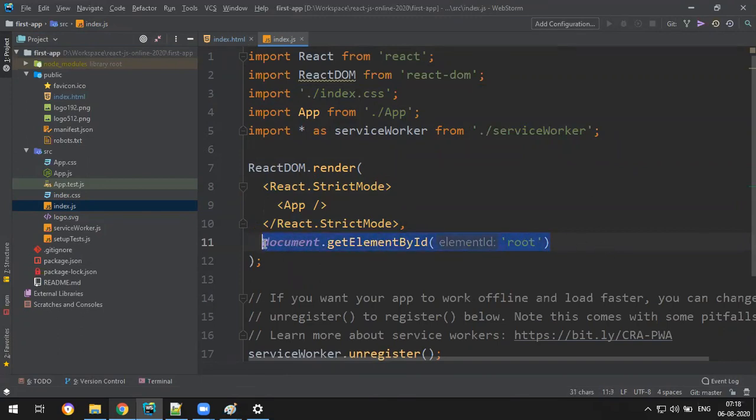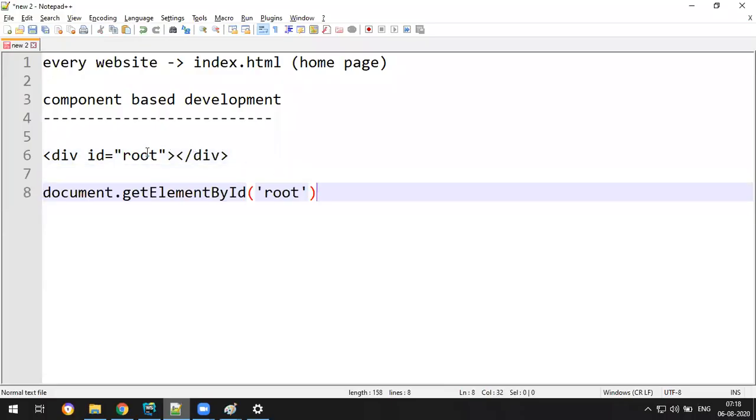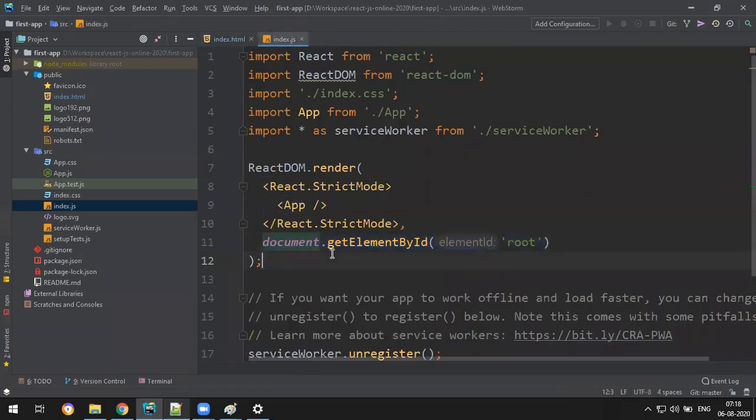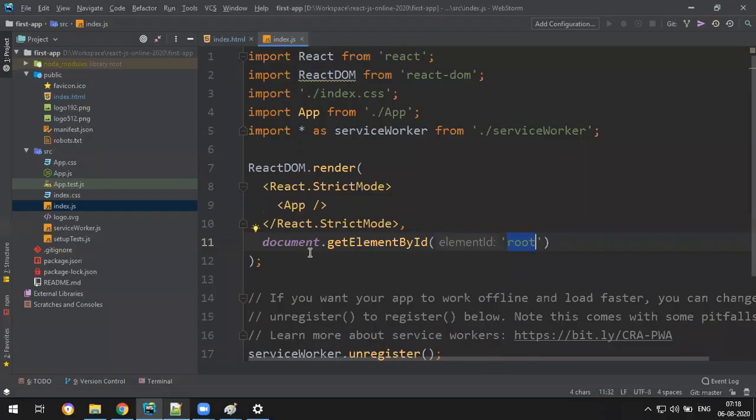Let me copy once. See, in index.html we have a division with ID root, and from here what they are doing is document.getElementById of root. So they are fetching this particular ID root, and in that place of this ID, they are replacing it with App.